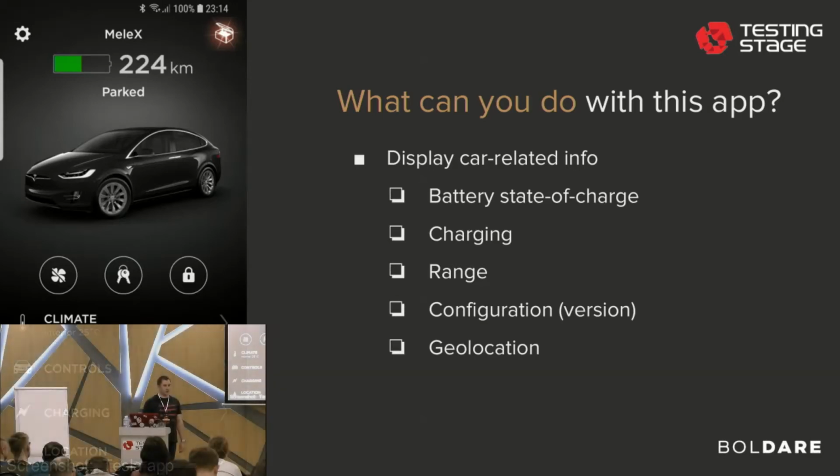You can check the configuration, so what is installed in this specific model. You can also check geolocation, so you can display a map and check where your car is. For example, if you lose the car in a parking lot, you would be able to check its location. It may be very useful.